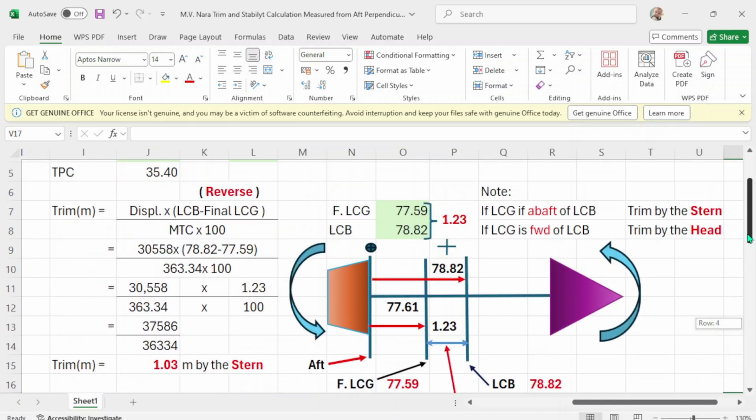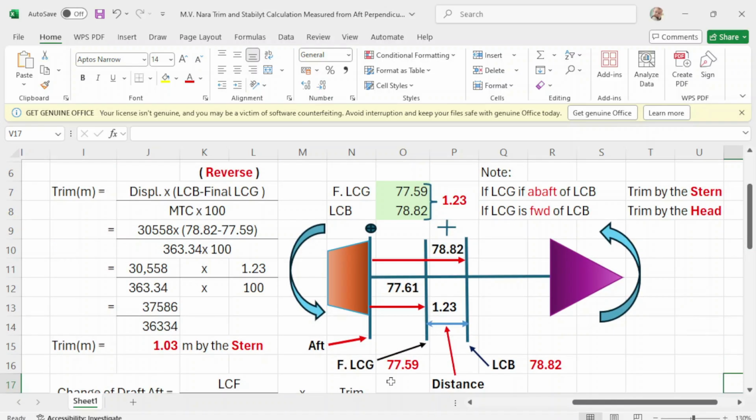Now let's again explain. Since you are on the up part, LCG is above, the tendency of the gravity of the weight will push the vessel downward. So because of the weight, the up portion of the vessel will go down because of the center of gravity. So the direction is counterclockwise. This one will go up, this one will go down. It is like a seesaw. If this one goes up, the other side will go down. So that is one way of explaining